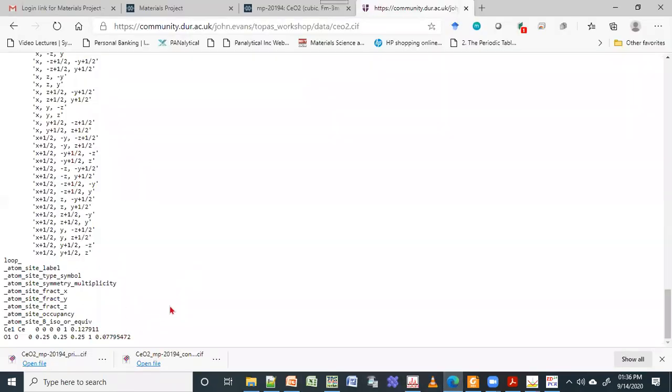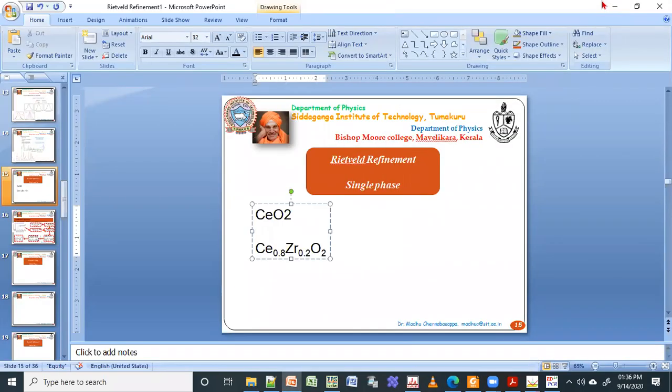If you want to solve a crystal structure, normally they take the diffraction at very low temperature. As you cool down, T is very small, and in that case the vibration of your atoms will be very less. For example, in CeO2, cerium may not have any vibration because it is a heavy metal, but oxygen and hydrogen, those kinds of light atoms, may have a lot of vibrations.